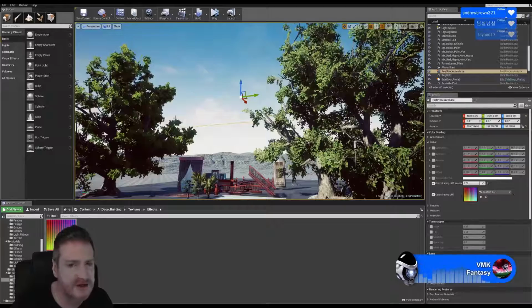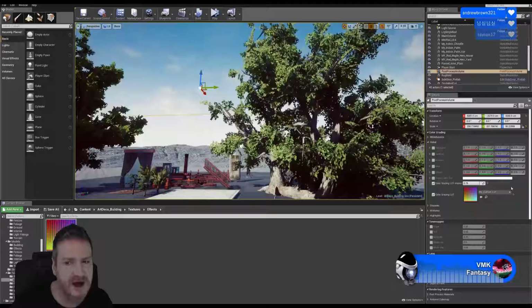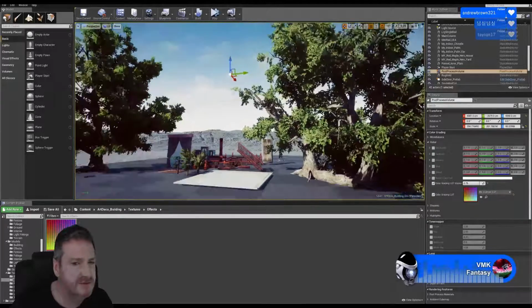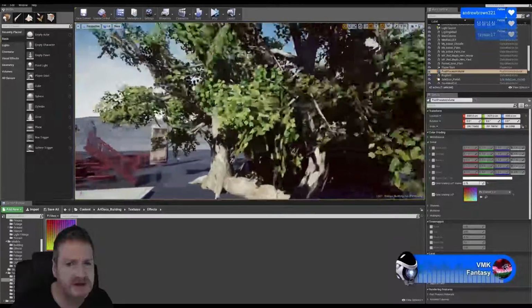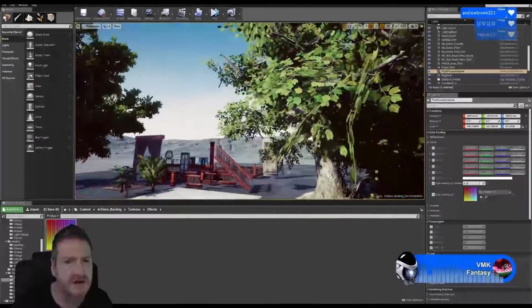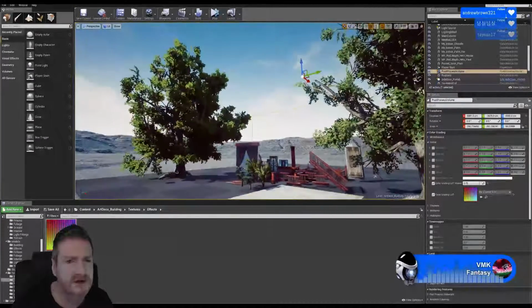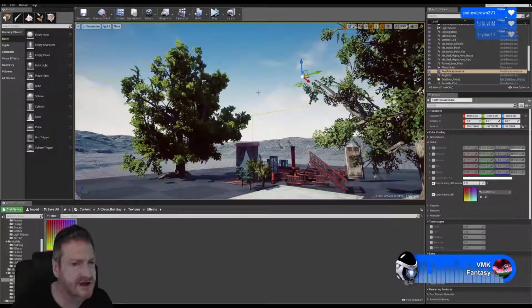to whatever custom LUT you create, whatever color shift you want. And I just created that one in Photoshop just to make the trees look a bit more natural, a bit more realistic, not quite so green. Because yeah, Unreal has a tendency to oversaturate color by default. So